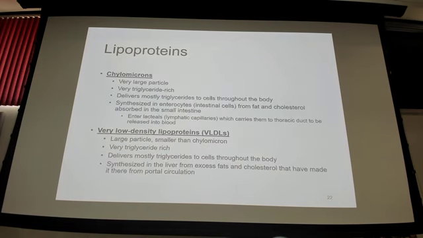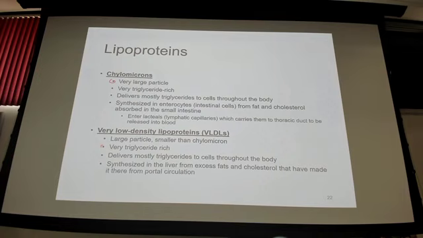So chylomicrons, we're going to go big to small here. If we start with chylomicrons, we're talking about the largest, and we're going all the way down to HDLs, which are the smallest. All right. And there's a little slide up here that helps with that. We've already talked about the chylomicrons. Now we have very low density lipoprotein,